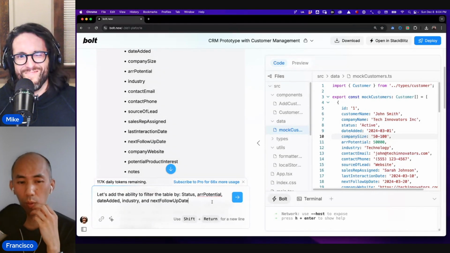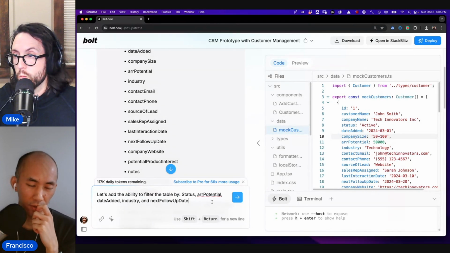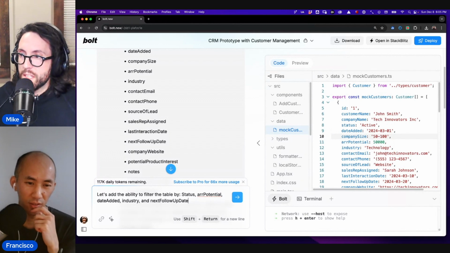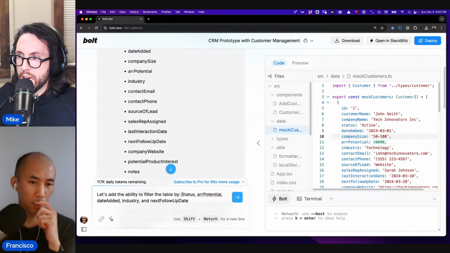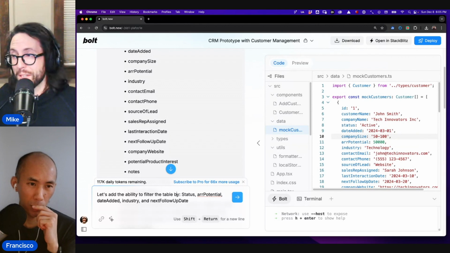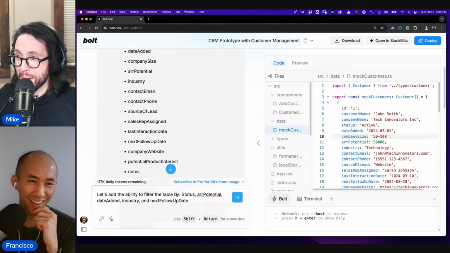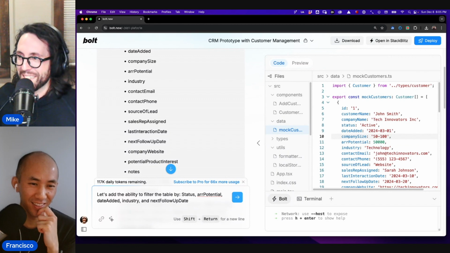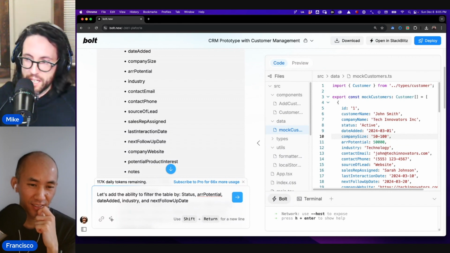Do you want to do both filtering and sorting, just in one shot? I don't think it's worth separating it. Yeah, I agree. I think it should be able to do that based off of the amazing prototype it gave us with one prompt. Call me crazy, I think it should be able to do both of these. Yeah. Filter and